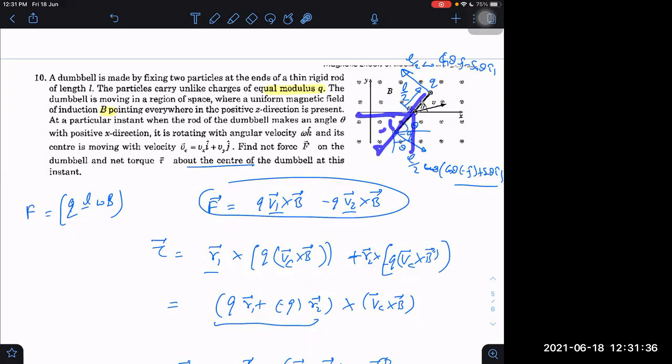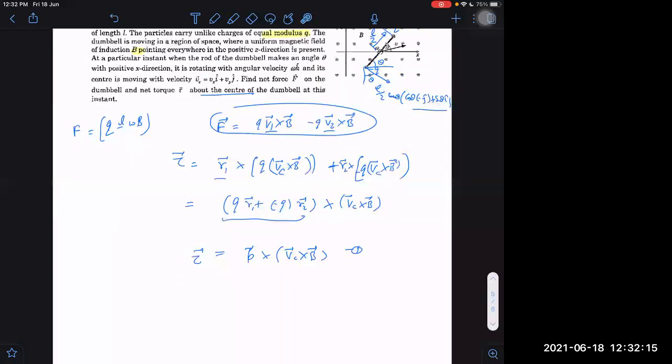What is the answer given? We can check now. Getting the answer? They have given positive. I mean, towards the first quadrant, sir. Let me check then. Maybe I'm doing it wrong. Omega is in which direction? Omega is along k cap, anticlockwise. Then velocity is right only. V cross B. B will be up, this is dot. Upward only, sir. B is upwards. I was taking B downwards. So B is upwards, then obviously this force will be in the positive direction only. No problem in that, right? Getting the answer now?